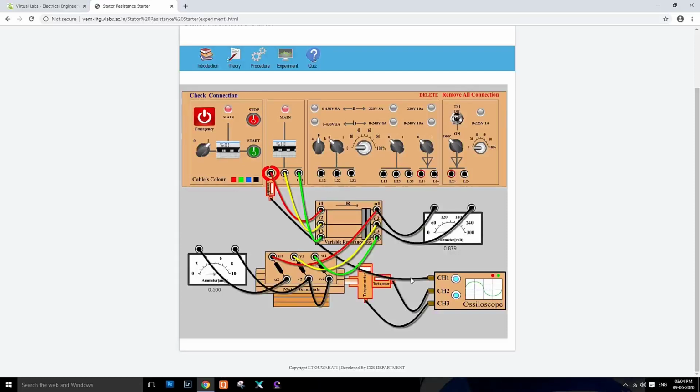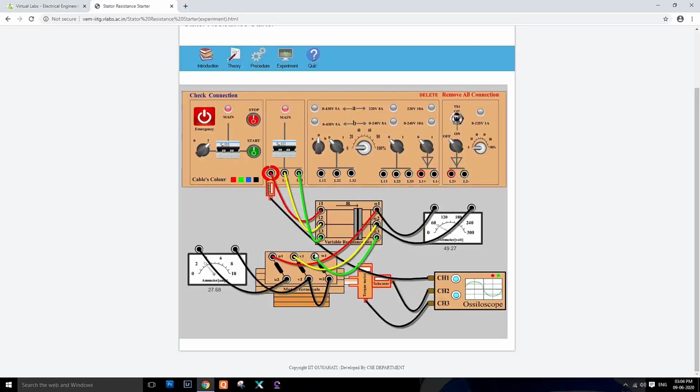Now if you vary this rheostat, then you can observe the variation of current as well as the variation of voltage. Now let's move the rheostat towards the left. Current is increasing, 9.25, and voltage is also increased, 16.27. Again we will vary the rheostat. Current is increased to 16.94 and voltage is also increased to 29.47. Then again we will vary the rheostat. Then you can see the variations of current as well as the voltage.